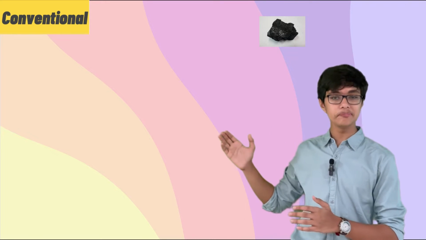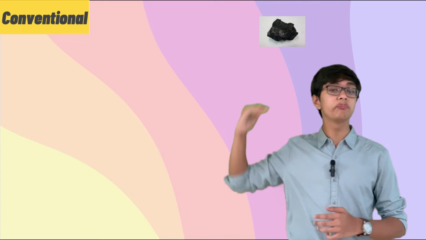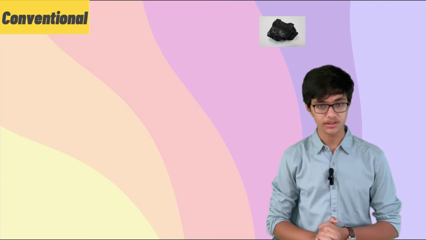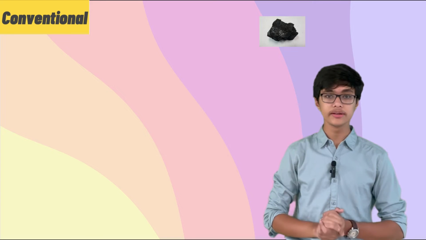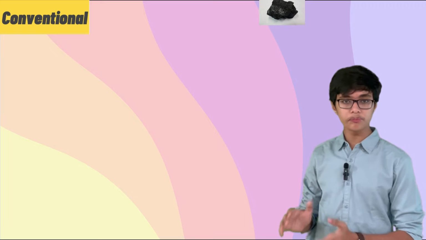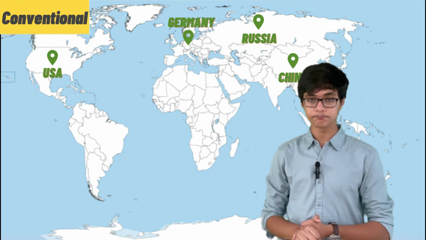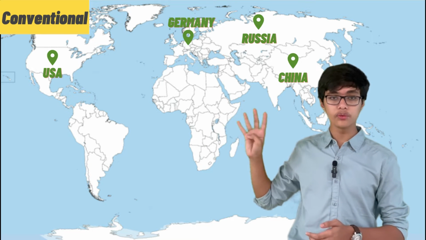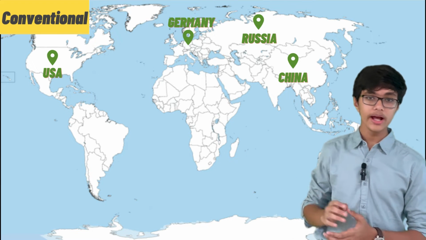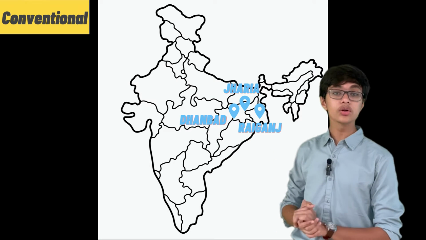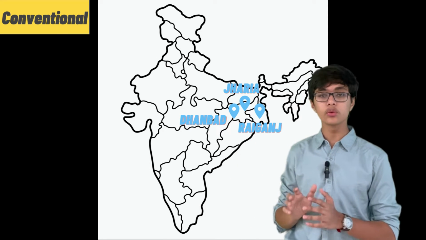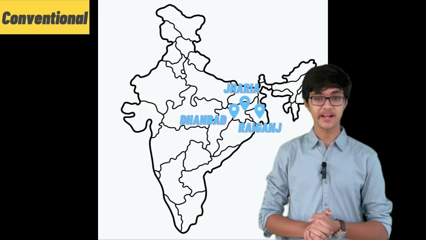And because once upon a time it used to be forests, that is, it used to be exposed to the sunshine, and then it got buried, it's called buried sunshine. So always remember that coal is commonly referred to as buried sunshine. Now, the countries which have the largest deposits of coal are shown in this map. We want to remember four of these, and those four are China, Russia, the United States, and Germany. So remember these four. And in India, these are the major coal producing regions. So I hope those two maps give you an idea of where coal is produced in India and internationally.